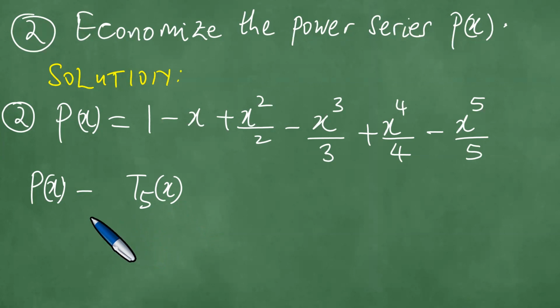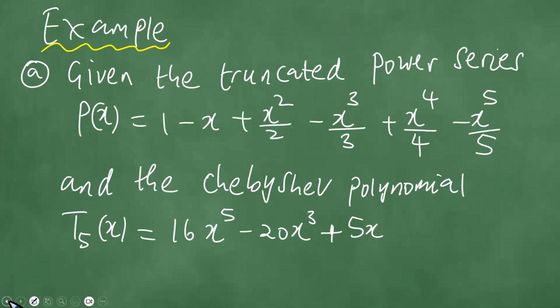In other words, what is the degree, for example? So now we need to remove the highest degree of these. The highest degree is x to the 5th power. So we need to remove x to the 5th power. Now let us check. This one has also x to the 5th power. So it's 16